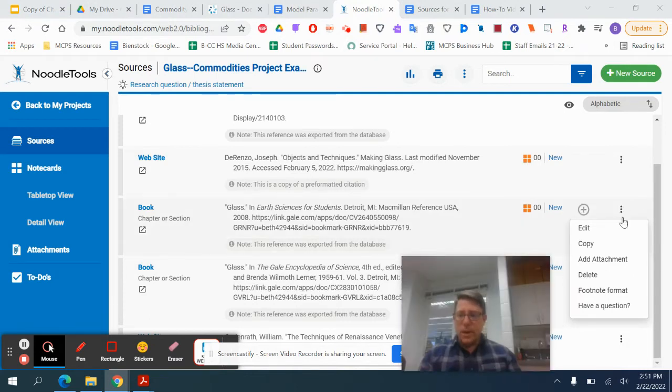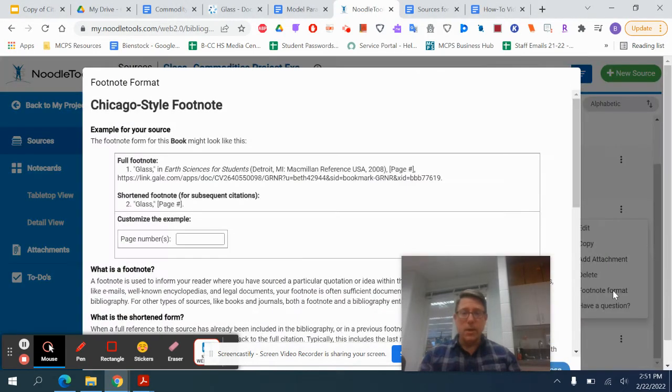These three little dots will give you an option of a footnote format. And when I click on it, it pops up. Now, because this was from an ebook, it wants me to put in a page number. So it has a placeholder right there. Ebooks don't have a page number, so I'm going to have to do some editing after the fact for it